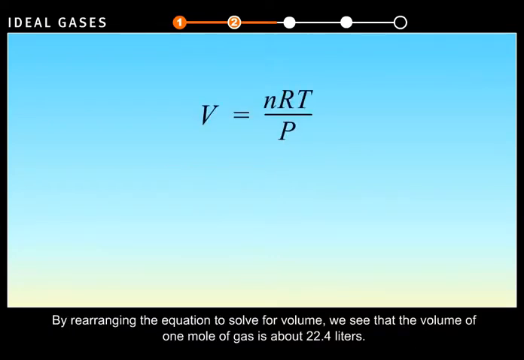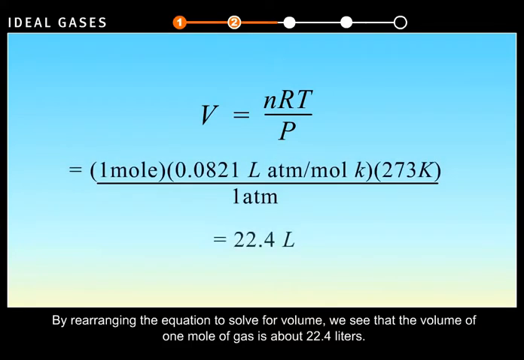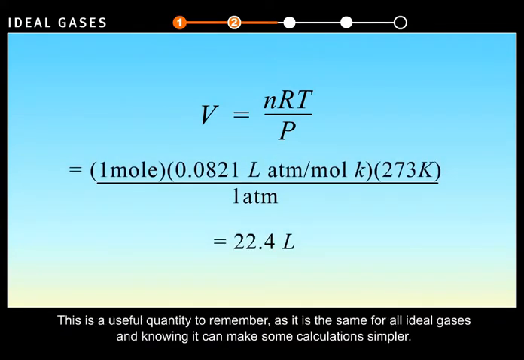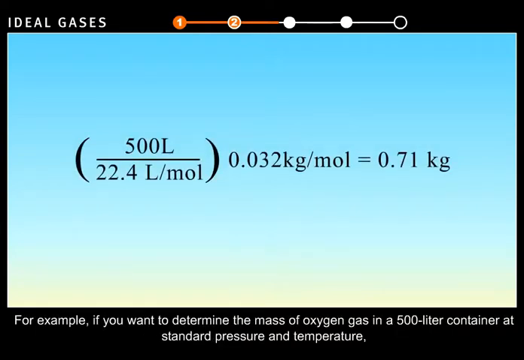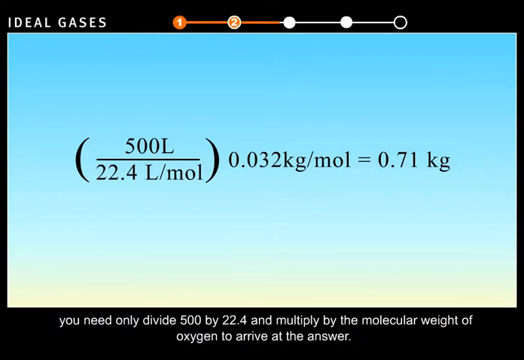By rearranging the equation to solve for volume, we see that the volume of 1 mole of gas is about 22.4 liters. This is a useful quantity to remember, as it is the same for all ideal gases, and knowing it can make some calculations simpler. For example, if you want to determine the mass of oxygen gas in a 500-liter container at standard pressure and temperature, you need only divide 500 by 22.4 and multiply by the molecular weight of oxygen to arrive at the